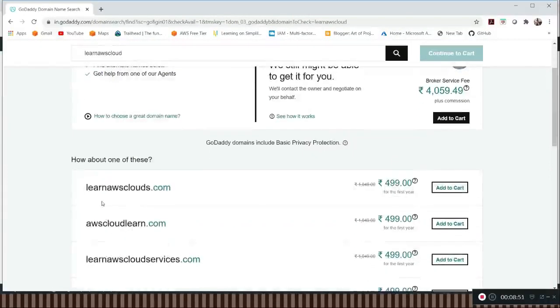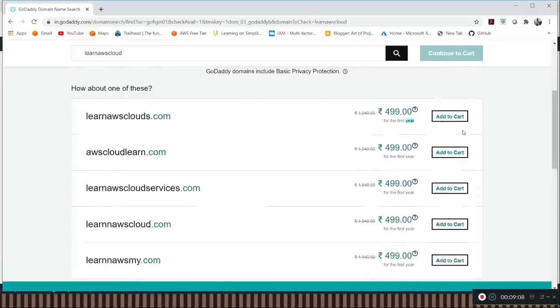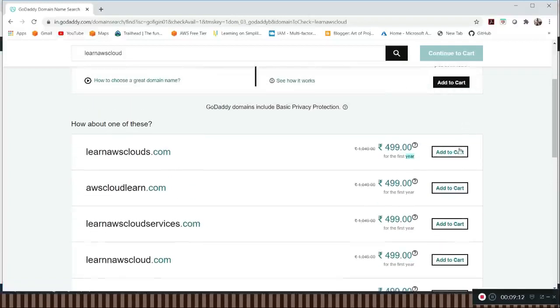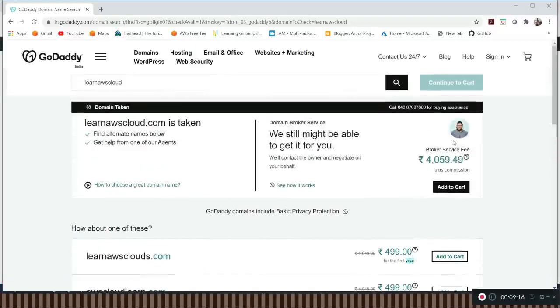You can create a .com website and they add it for 499 rupees for the first year. They are giving a 50% offer, and you can add to cart, and provide your credit card or debit card details and email ID and purchase this. It will be available within a few minutes.